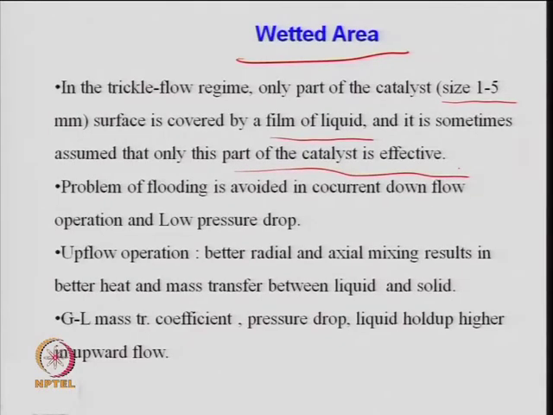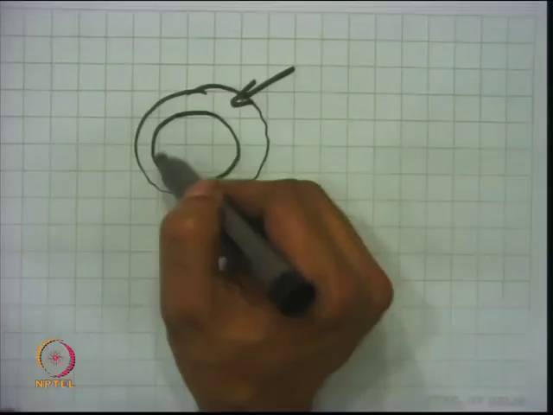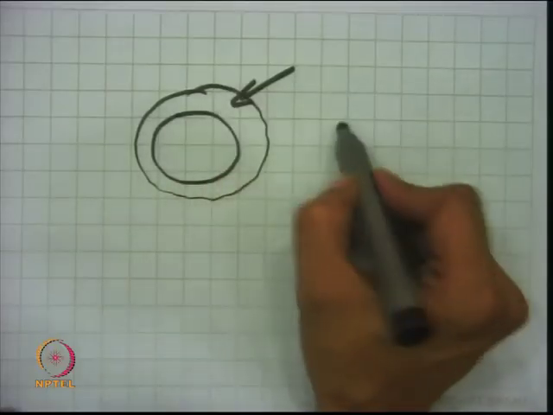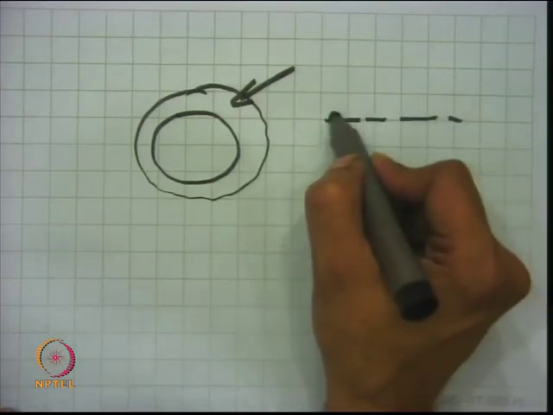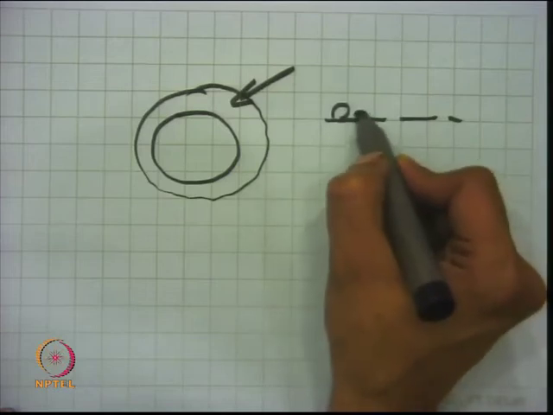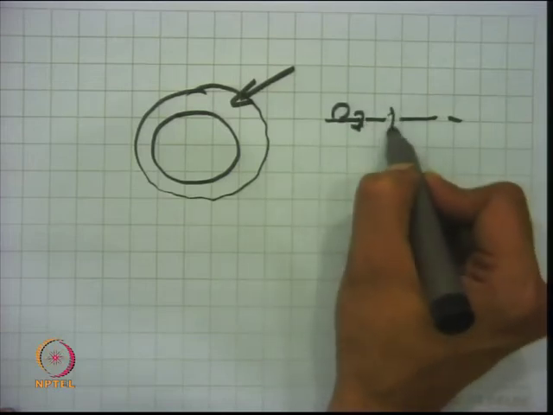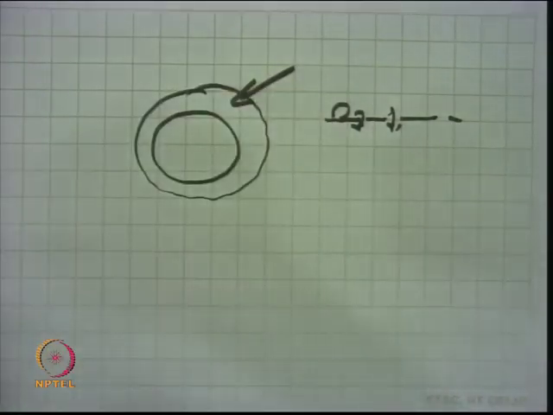Now if you have a solid surface covered by a film of the liquid, the reaction or diffusion and mass transfer will take place through this. Now if it is partially covered, practically it is very difficult to measure, and we correlate it in terms of the wetting, which is related to something like a pinning effect also, because liquid will come here on the dead surface, then it will just diffuse into the pores of the solid. These are the pores of the catalyst, and it is diffusing inside all that time.